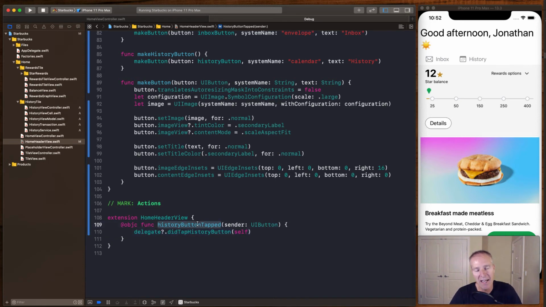So this is the target action on the history button. When someone clicks this, this is going to fire, and this is where we notify whoever's registered as the delegate: did tap history button, passing in ourself. That's all there is to it from the view's point of view. At this point, the view is configured, it's hooked up,